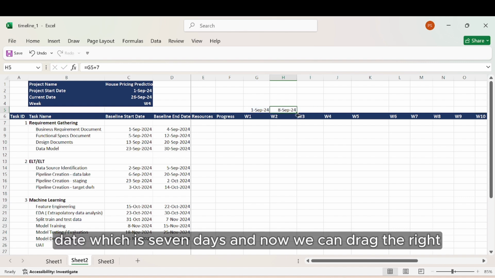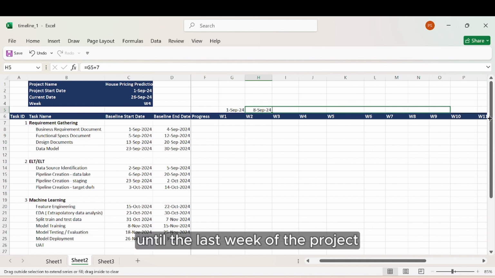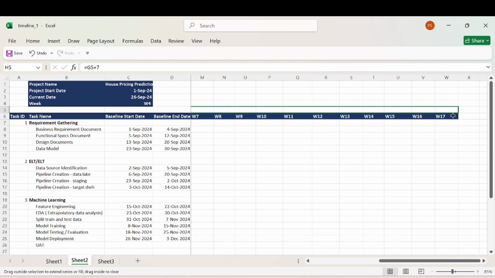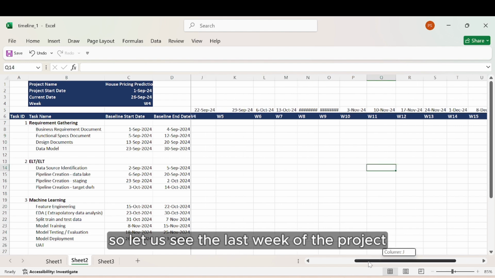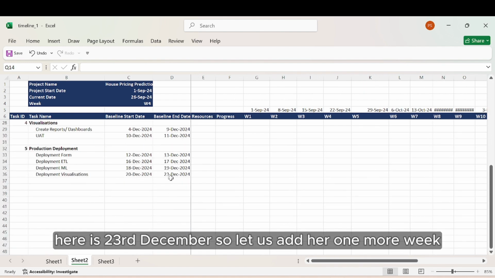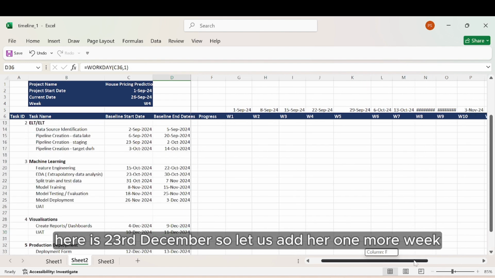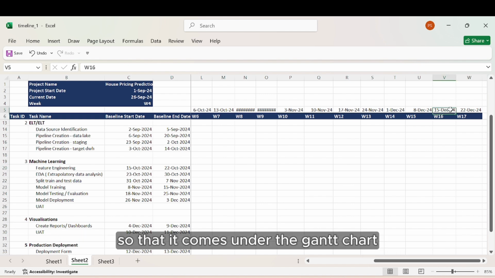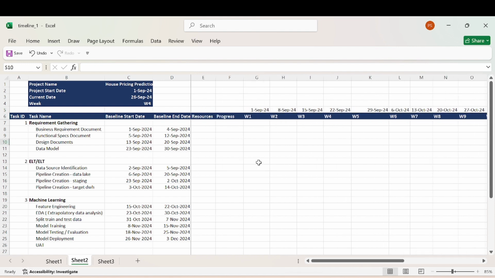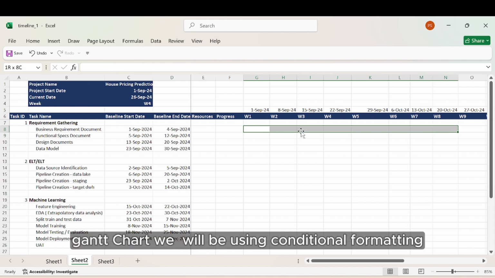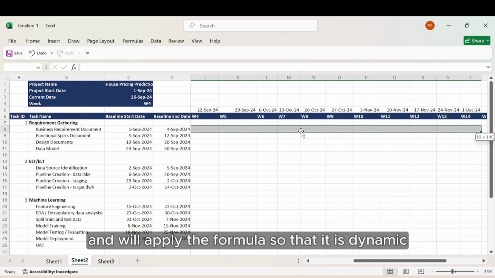And now we can drag to the right until the last week of the project. So it's coming around 22nd December. So let us see the last week of the project here is 23rd December. So let us add one more week so that it comes under the Gantt chart. So I'll drag. Now to apply the Gantt chart, we will be using conditional formatting and we'll apply the formula so that it is